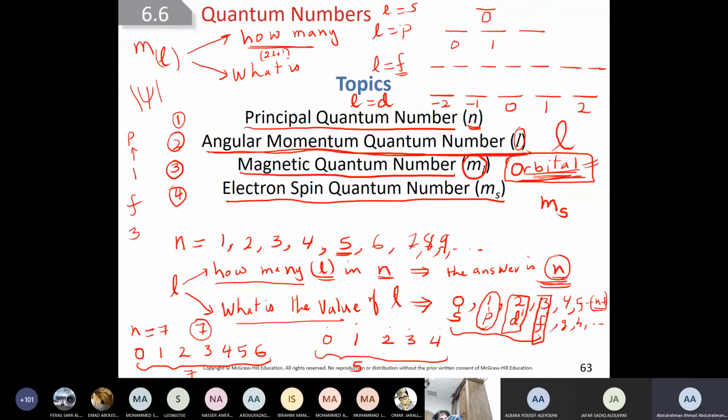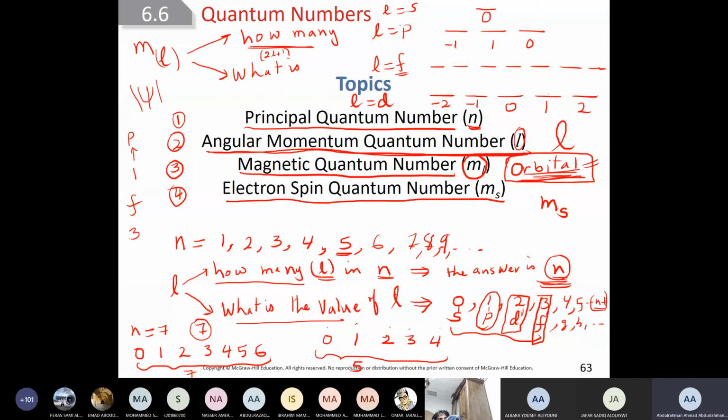Zero, 1, and 0. Can I write this? No, wrong. Why? Because you replace -1 by 0. I cannot have it in two places. So if this is 0, the other one must not be 0. So one of them is wrong. Maybe erase this and change one of them, anyone, to -1.